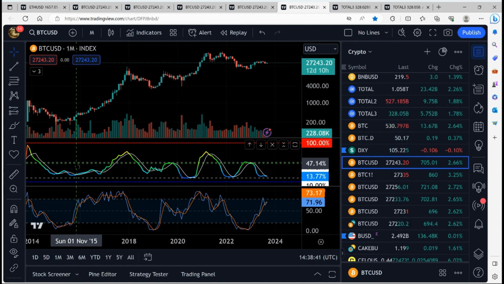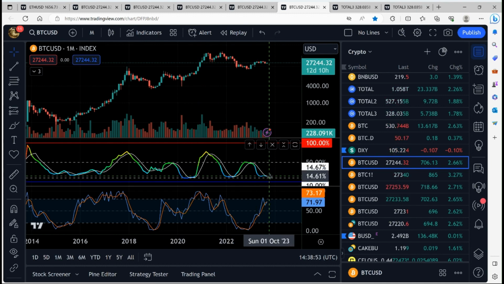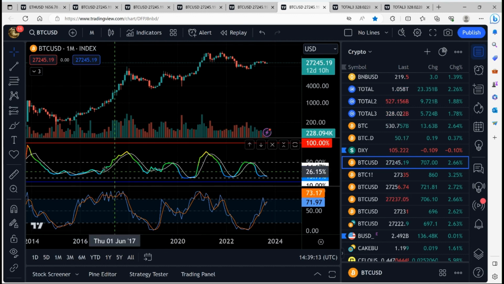Because I do think this could be similar to where we are, as well as here. See how this kind of drug out a little bit further? We might drag out a little bit further for another month or so. Because this all is leading into what I believe is we'll see the spot Bitcoin ETF approval in October. I think mid-October that's coming. And I have several reasons for that, which I'll get into in a minute, but let me finish this.